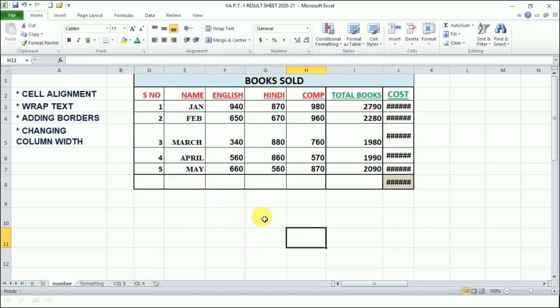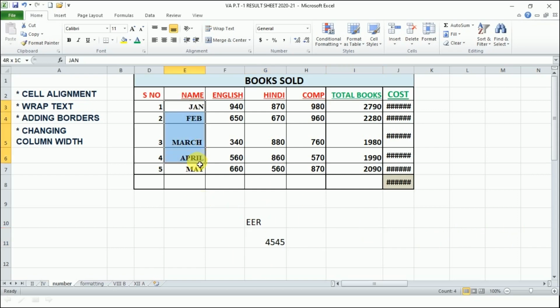There were two important things, that by default when we enter a text, it gets aligned to the bottom left. So if I enter some text here, you see it is by default at the bottom and at the left side. If I enter some number, it will be aligned to the bottom right. You see, if I increase the text, bottom left text and bottom right numbers, right? So you should keep this in mind, right? So I hope you are clear with the alignment.